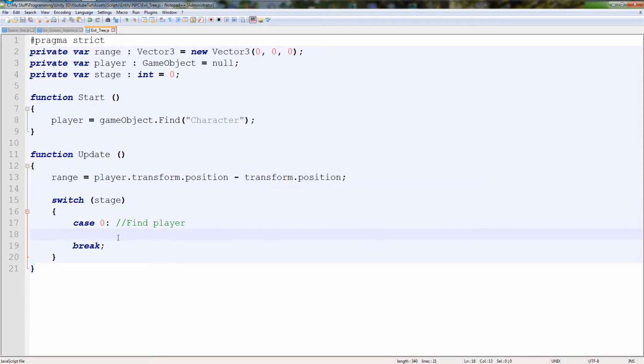So in case 0, we're going to detect if the player's in range, and if they are, we're going to increase stage. So stage is 0, so it'll go loop, loop, loop, loop, loop. Oh wait, look, it's found the player, go to number 1 and loop, loop, loop, loop, loop. Yeah, so it's easy. So we're going to type if